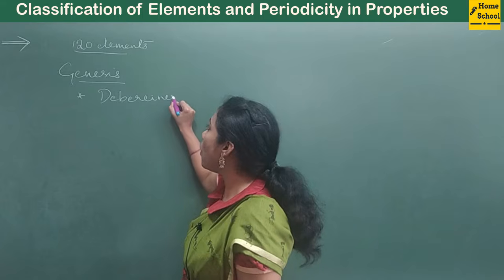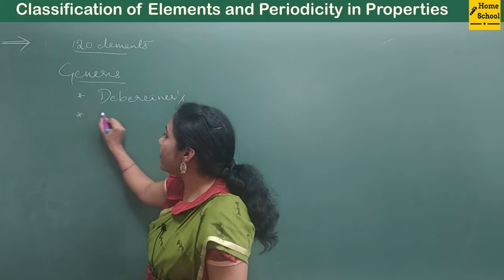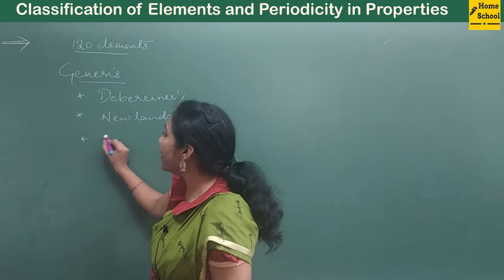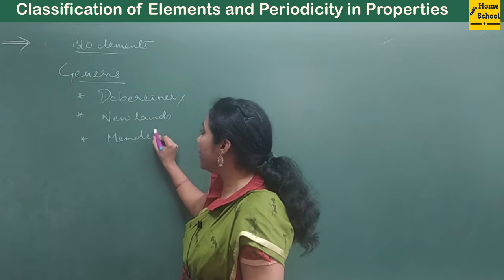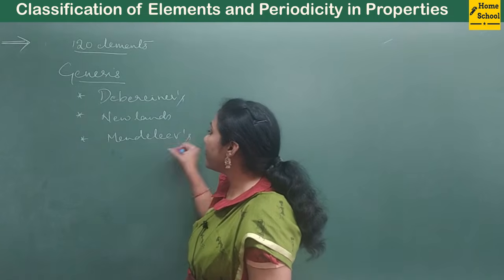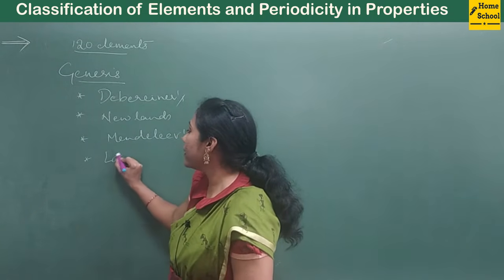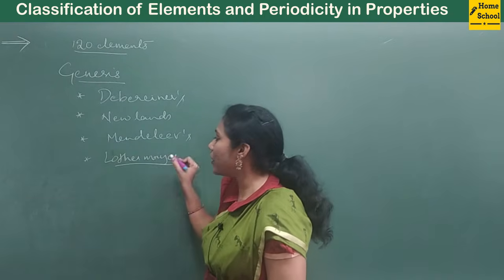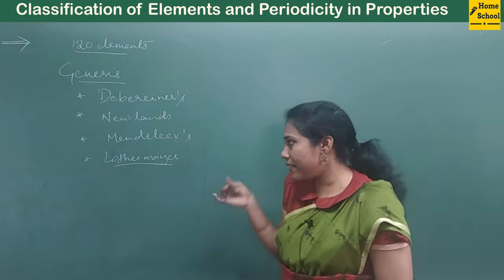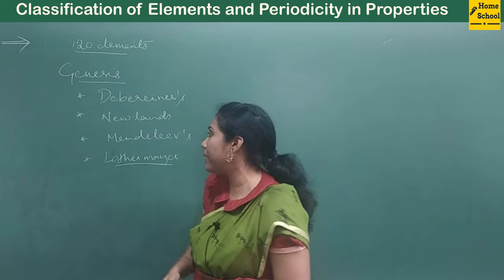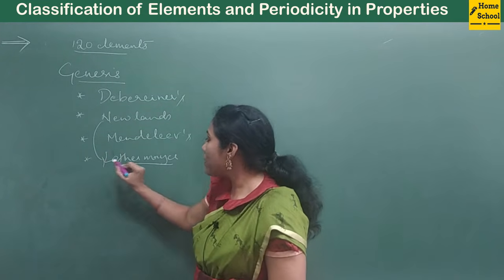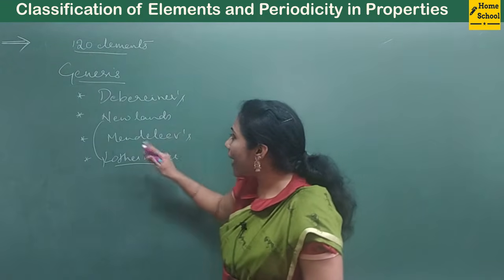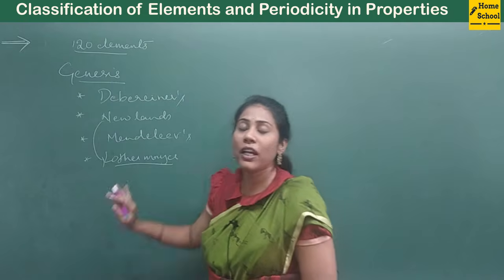Dobereiner's law of triads, and the second one is Newlands' law of octaves, and the third one is Mendeleev's periodic table, and the fourth one is Lothar Meyer. There is Lothar Meyer's periodic table. This will not be mentioned in our textbook, but it's nice to study this periodic table also. So after Newlands comes Lothar Meyer's. After that you will have Mendeleev's periodic table, and after studying all the four we will go for the modern periodic